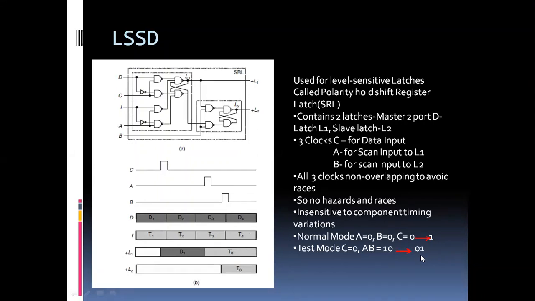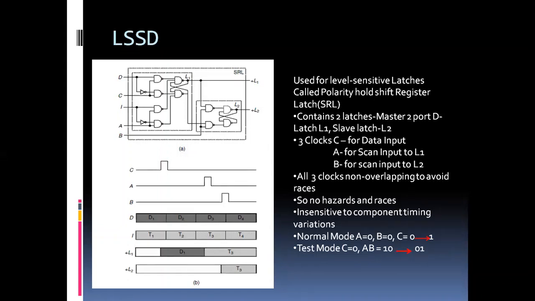Now it is involving a lot of hardware. So what is the advantage of that? What improvisation are we getting in that? The biggest advantage of this is it doesn't have any hazards and races between the test input and the data input, ever. That is the best thing, because we have already separated the